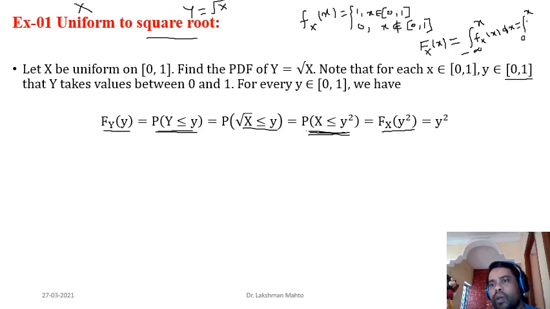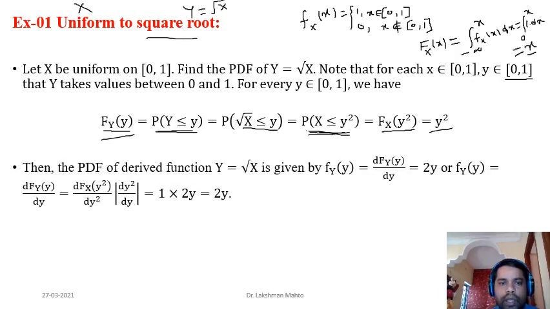It is 1, taking value 1 times dx. So what is the integral of this one? The integral of this one is x. That means the CDF of a uniform random variable up to x is taking value x. So from that you can derive that if the argument is x, then you are getting x. If the argument is y square, then you will get y square. So directly you got the CDF of the derived random variable y, and we know how we can get the corresponding PDF. Just differentiate this CDF, and then you will get the PDF.